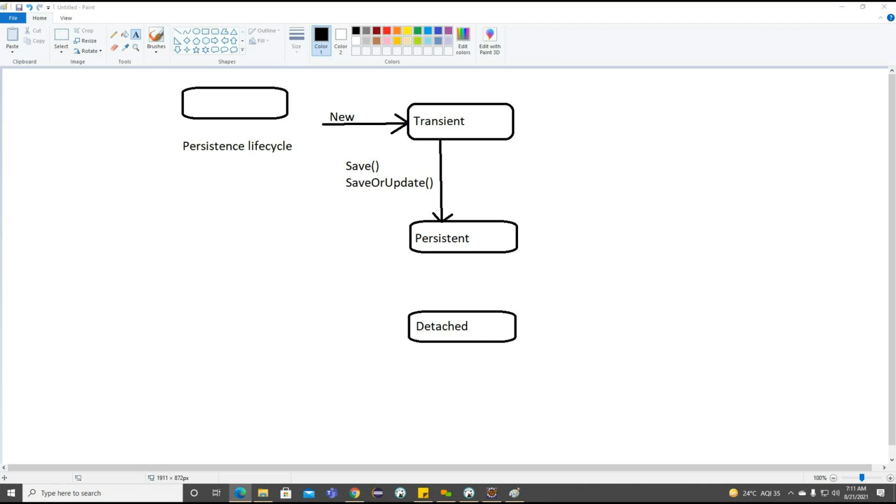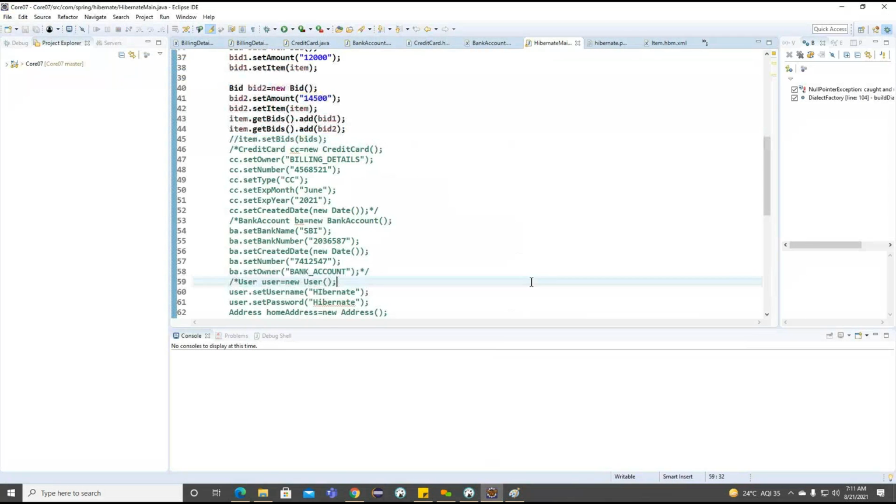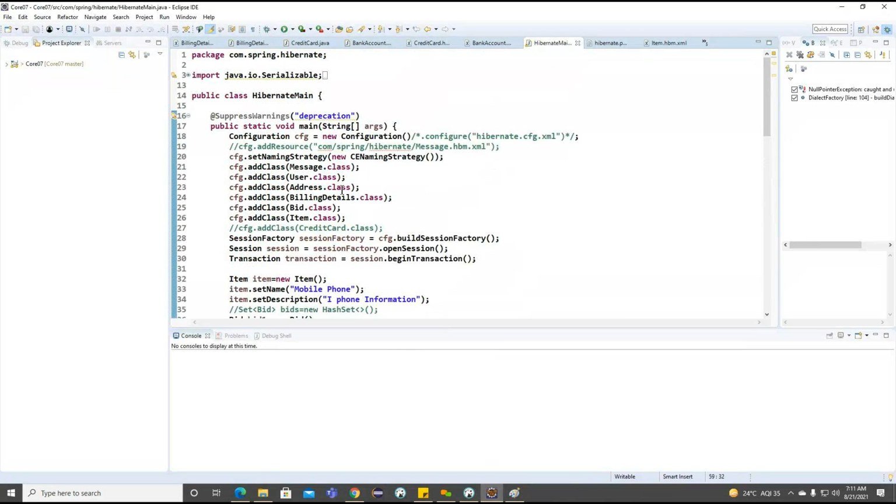How are we going to connect with the database identity? Because of our session factory and session, we'll try to connect our object with the database identity here. Whenever this object is connected to the database identity, we are going to perform the operation.